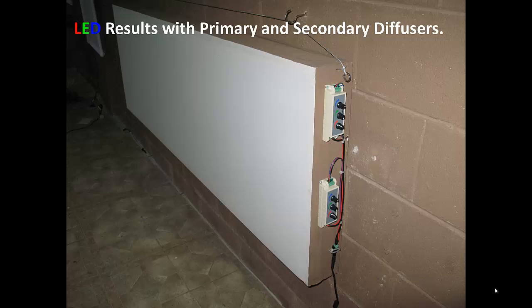So we can actually adjust it to get 2 different colors or all one color. Now from those controllers, coming off the top of the controllers, you can see a black, red, green, and blue wire. Those go inside the panel to the LED strips. Coming off the bottom side of those 3 knob controllers, a red and black wire, red for positive, black for negative, 12 volts DC. That 12 volts DC, if you follow the red and black wires down towards the bottom edge of the box, you will see a